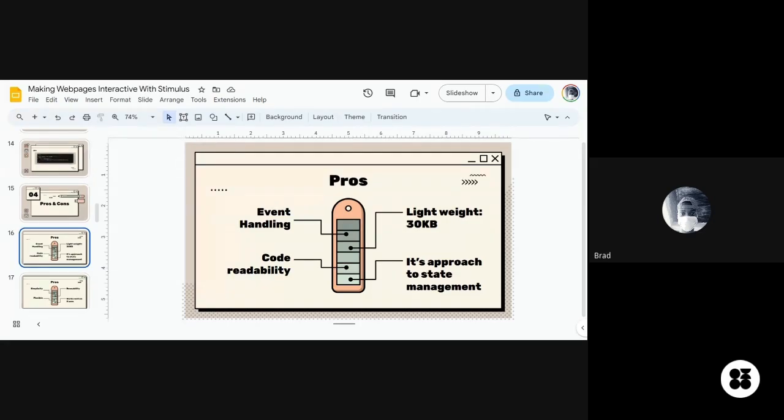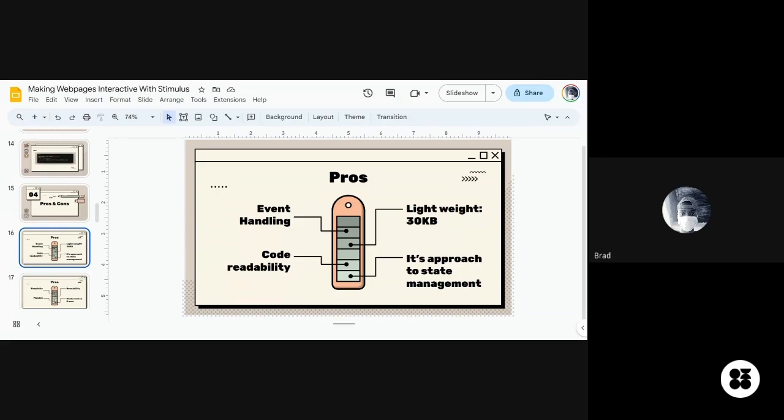And the reason this is a pro, something quite beneficial, is that if you are working on a very simple project or something that's not that complex, you don't want to be thinking about comparing snapshots on a virtual DOM over and over again when you're doing some little things. A small project does not require that much effort. So just managing your things on your DOM is quite straightforward and quite easy. That's why I wrote it down in the pros, or the benefits.